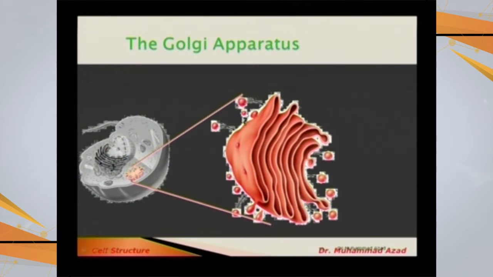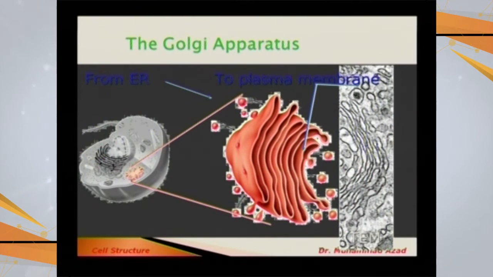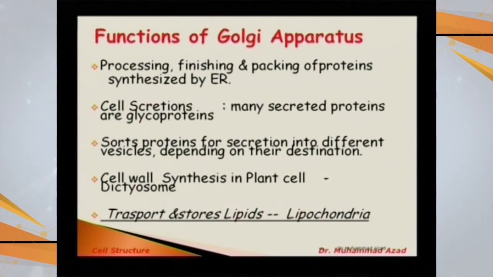This is the one end of the Golgi apparatus from where it receives the product from the endoplasmic reticulum. Then the products pass through these sacs, and ultimately they are given from this end, and these are the vesicles. Vesicles bud off in the packed form, and they are usually given to the plasma membrane to make its structure, or exported to the outside of the plasma membrane. This is an electron micrograph showing how the Golgi apparatus appears on the electron microscope.